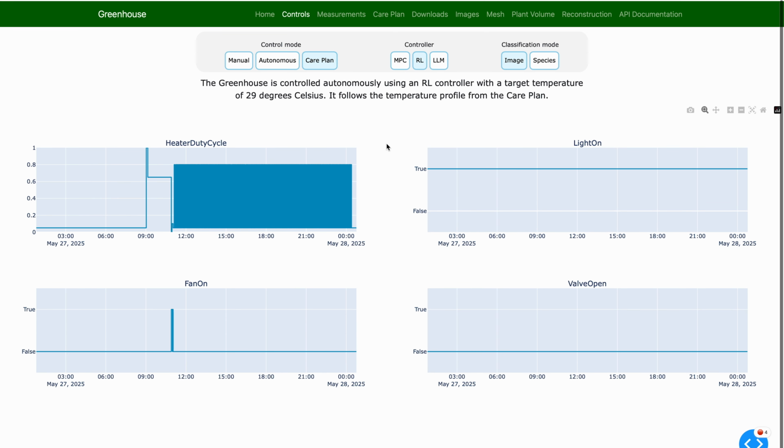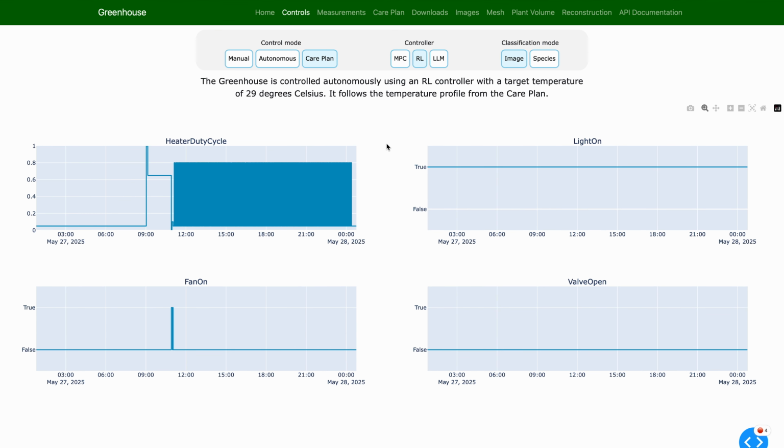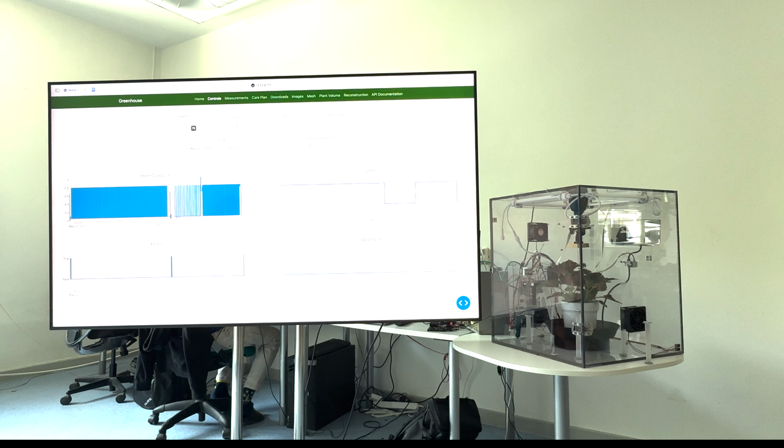AI analyzes the plant's current state and recommends optimal environmental conditions to support its recovery or growth. Then, the same intelligent controllers, MPC, RL, or LLM, are used to maintain those recommended conditions. At the bottom, you'll find live graphs showing the recent activity of each system, helping you monitor performance and make informed adjustments. Now switch on the light,